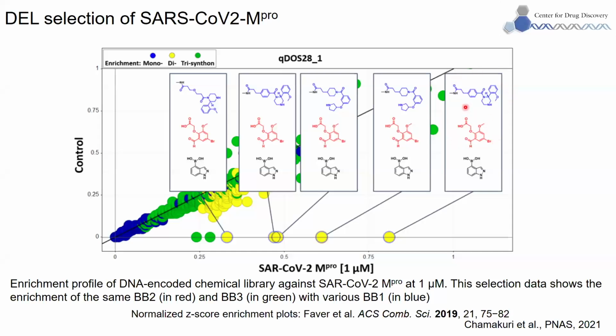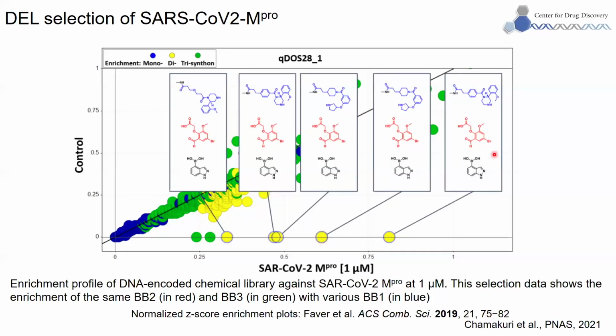Let's say in blue, cycle 1, red is cycle 2, and this one is 3. Basically, we created an amide bond between these two, and later a cross coupling between these two building blocks. Based on this information, we can predict the structure of the binder that binds to our protein